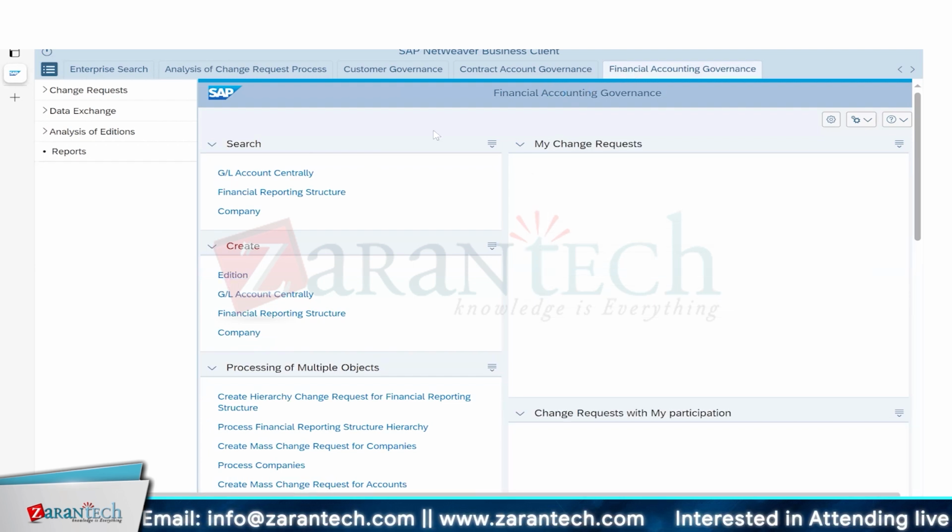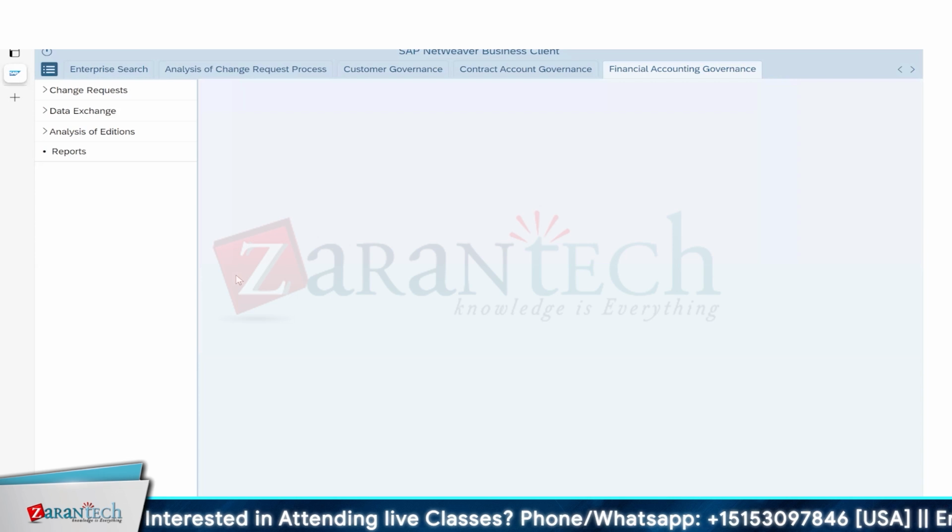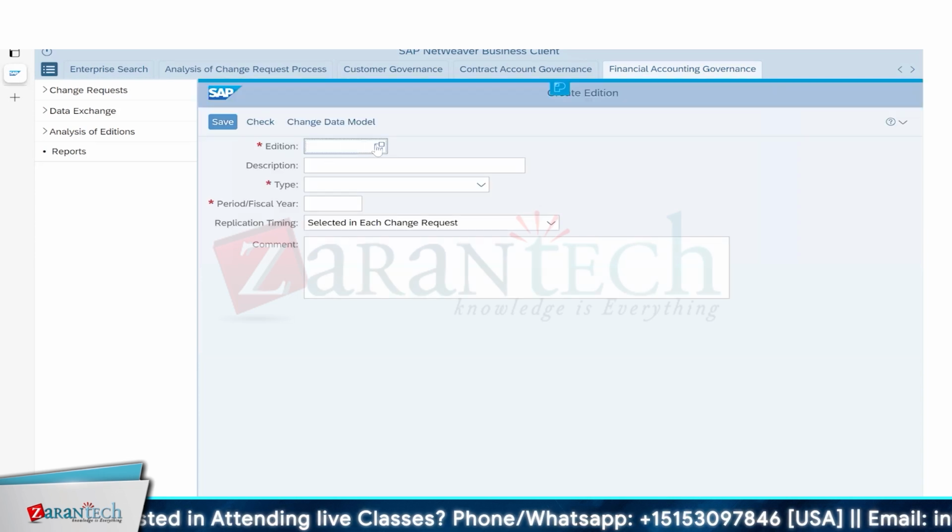Okay, now here you can see there is something called addition. You don't find this link in your MM or BP or anywhere. Only you will find this link in this one, like a finance homepage only. Okay, so click on this addition, create. Okay, so addition. So when you do an F4,